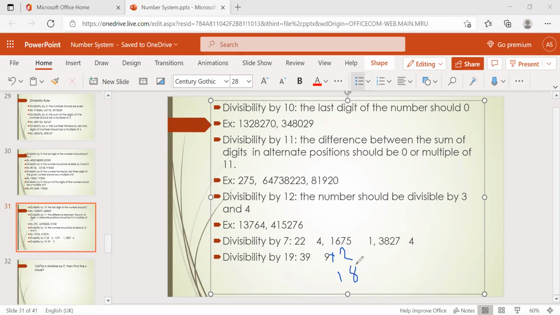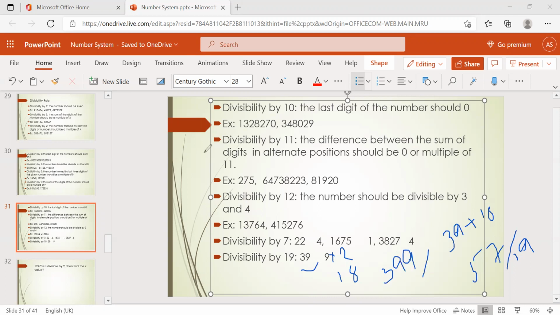So 39 plus 18 is 57. 57 is divisible by 19, right? 19 threes is 57. So the entire number will be divisible by 19. 399 is divisible by 19.